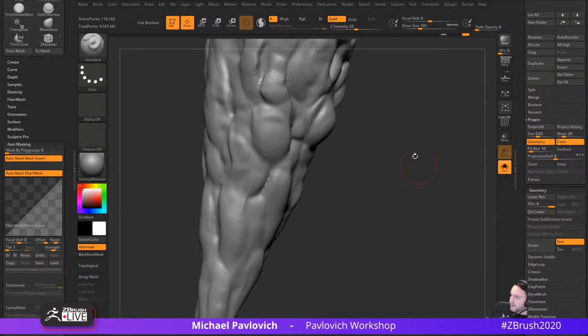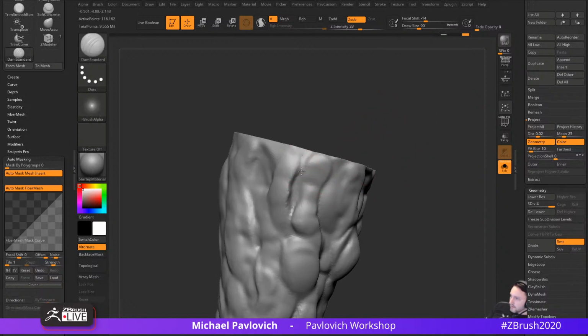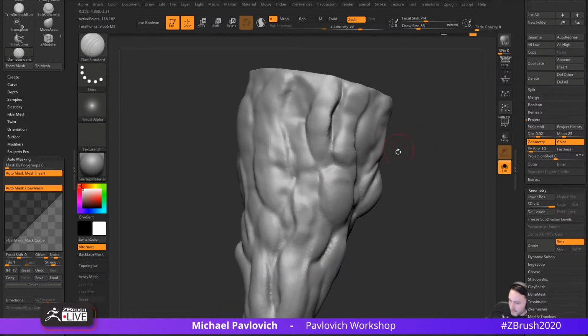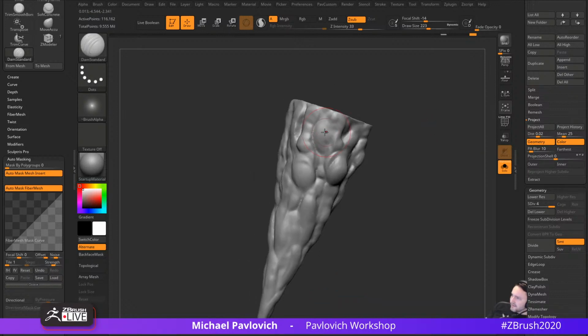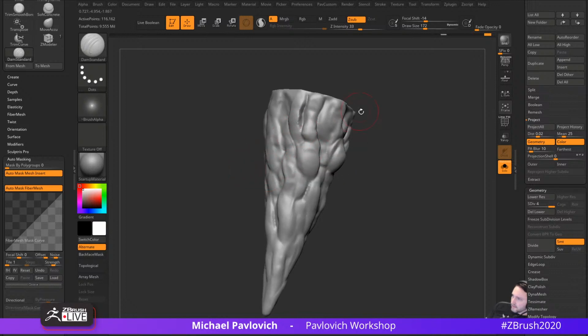So now I can go through here, and it's not Dynamesh anymore. I'm going to go ahead and turn that off. And then I can go through here, and we can really start kind of digging in if we want to increase the contrast between some of this stuff, and some of this is pretty primary too. So go through here and just kind of do this. Now, if you go through and you do this and you Dynamesh it, it's just going to close those